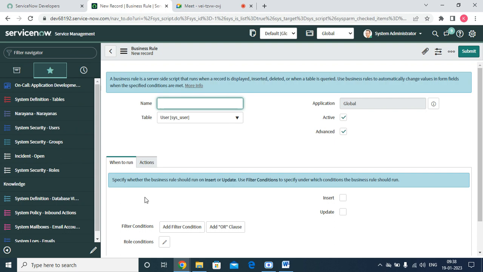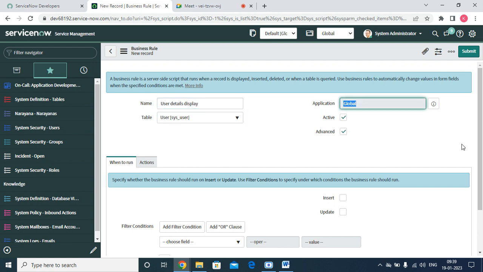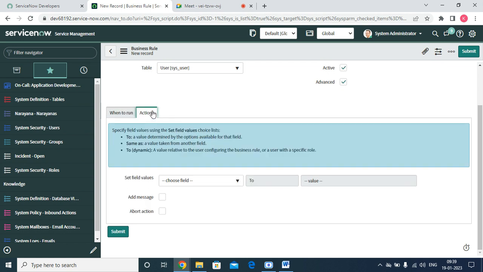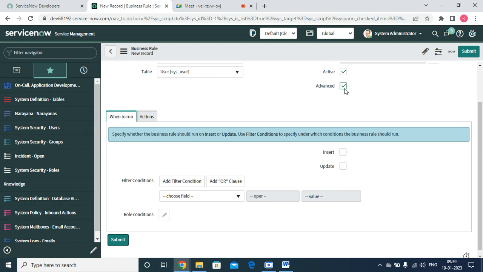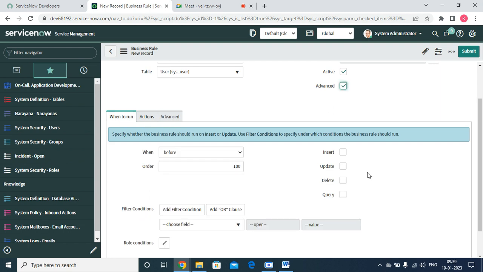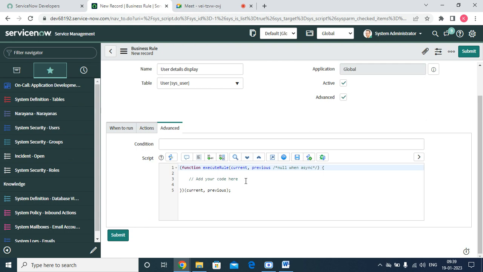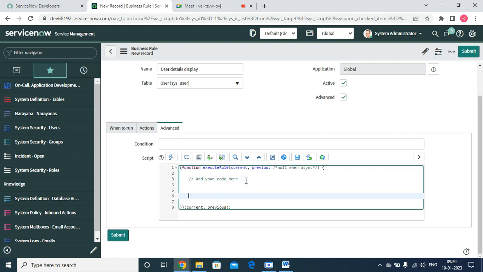What happened? The details display. So it will check. I'm just making it run whenever the record is updated. Yes, updated, after action. I'm not writing advanced. So here, what happened? I'm just making a user equal to